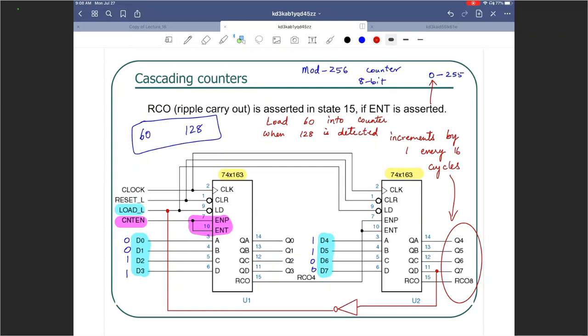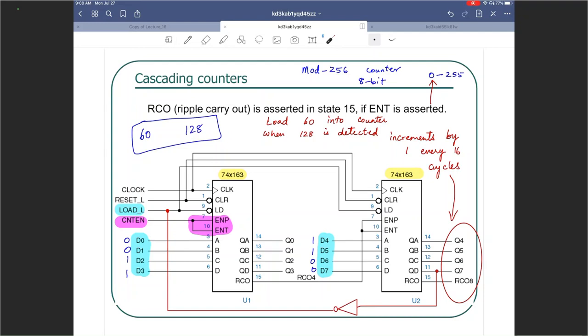So what is going to happen? The moment Q7 goes to 1 for the first time, it is going to load 60 into the counter. So you have detected 128 and you have loaded 60 into the counter. So this one, now, instead of going from 0 to 255, you are using this to count from 60 to 128,